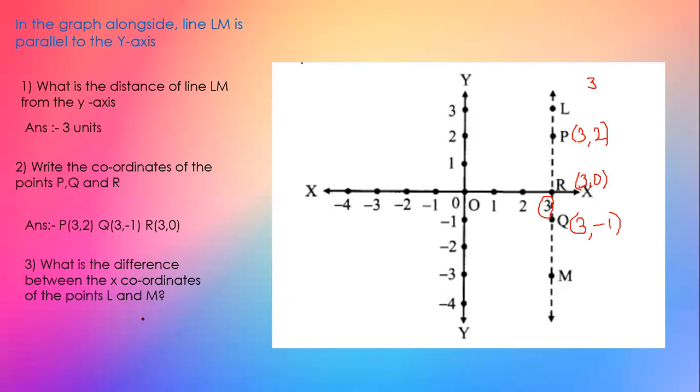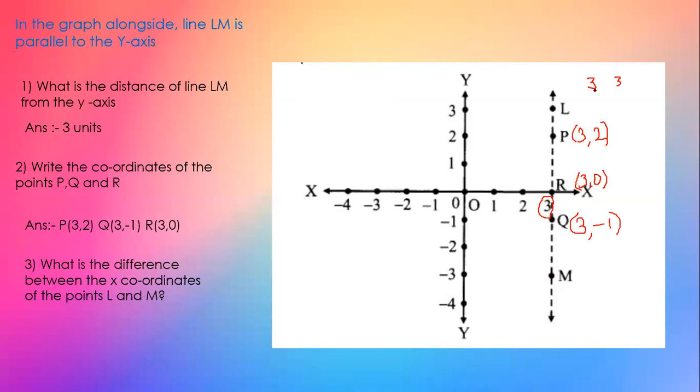Now, the next point is point M. Where is point M? M is in the fourth quadrant. Can you see over here? So what is the x coordinate of point M? Again, the x coordinate of point M is 3. So I'm just writing here 3. Can you see 3? The x coordinate, it is here. Point M is in the fourth quadrant. And if we move like this, you will get the x coordinate as 3.